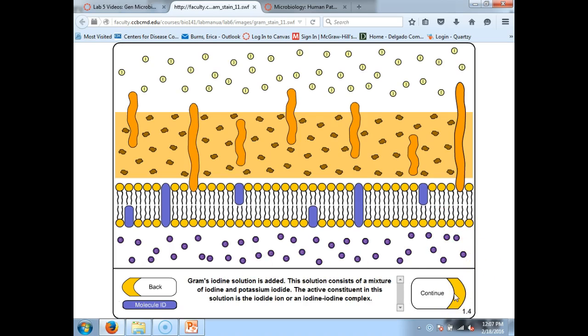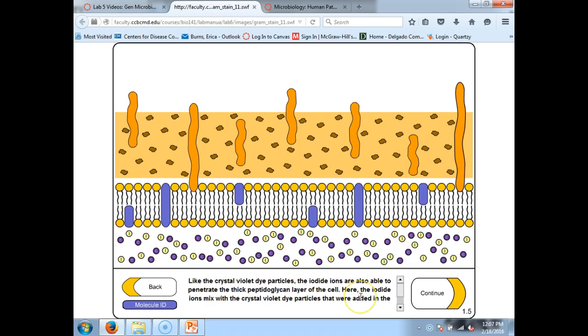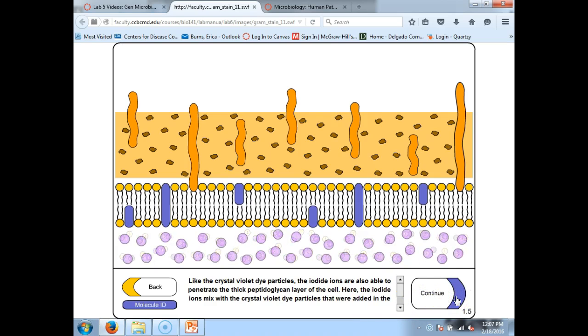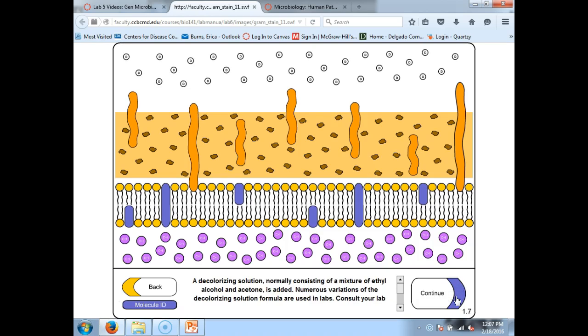Then the next step is applying gram's iodine. This is going to go into the cell as well. And this is actually going to bind with the crystal violet and create a much larger molecule, what we refer to as the diiodine complex. So now it's bonded together. The next step is decolorization with ethanol. And what happens here